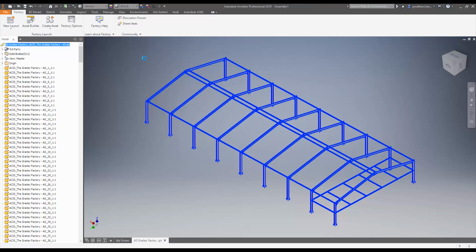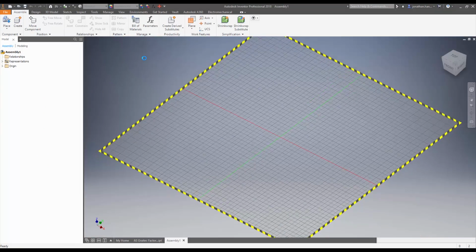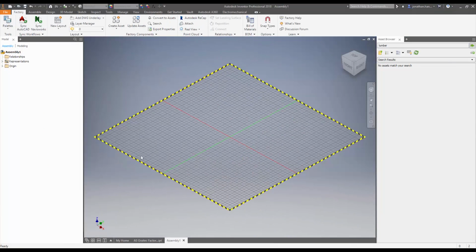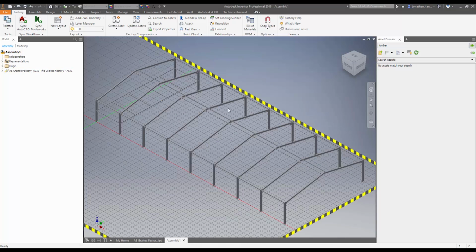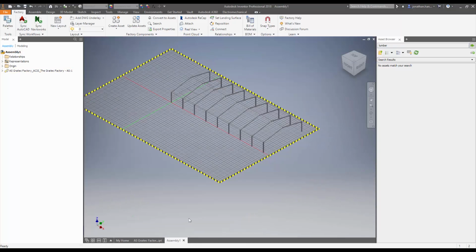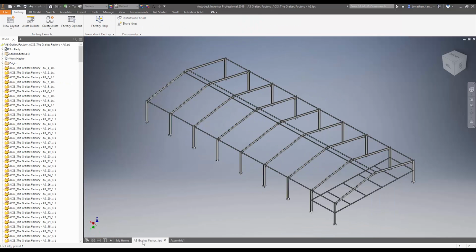So this opens up a new factory design layout, and you'll see that when you do it, you get this banded edge to show where we actually want to position our factory. And then I'm just going to press Control V, and that will automatically position the Graitec factory part